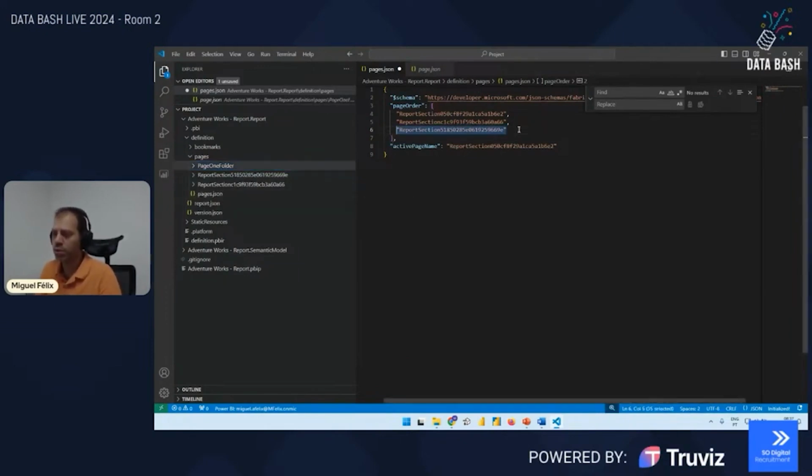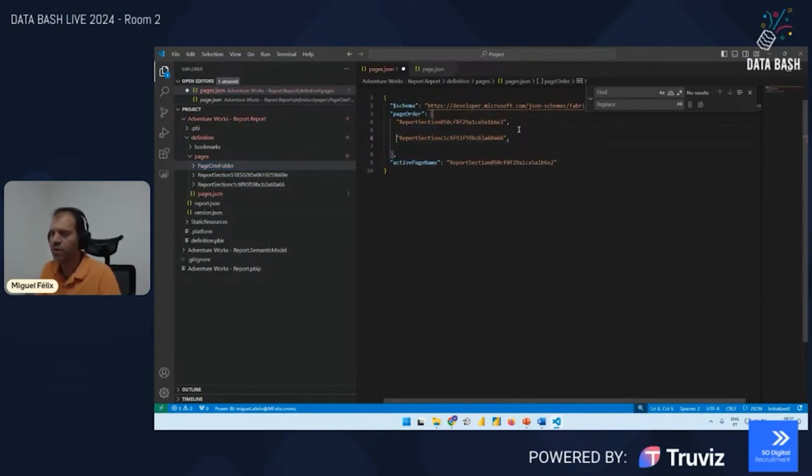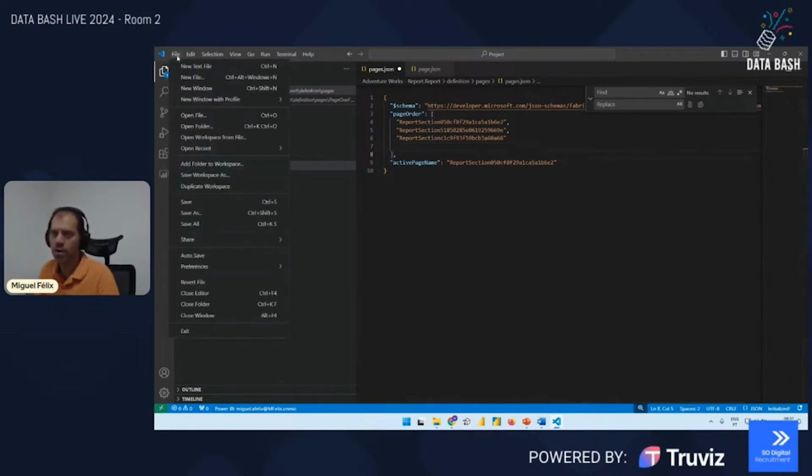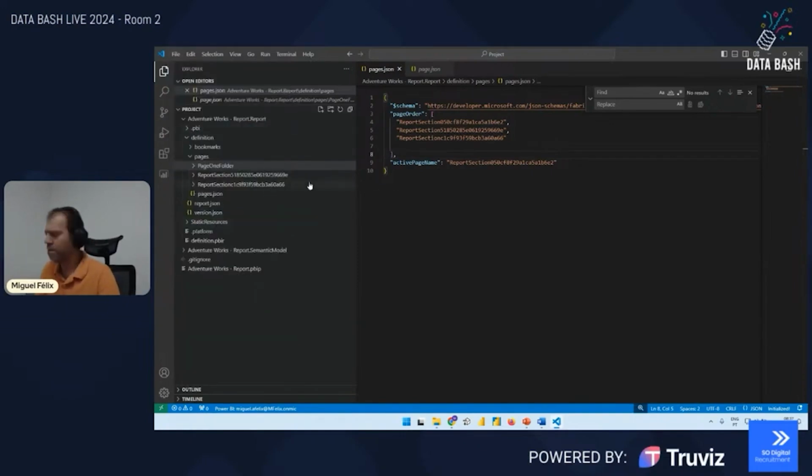In this case, we also want to change the order of the page, so let me just move this page over here and just do it like this. We can also change the active page. In this case, I don't want to, and let's just save all. On top of this, I also want to go to, and if you remember, I showed you that on one of the pages, we have